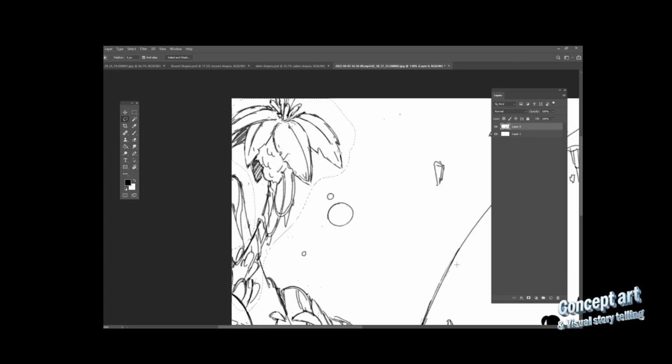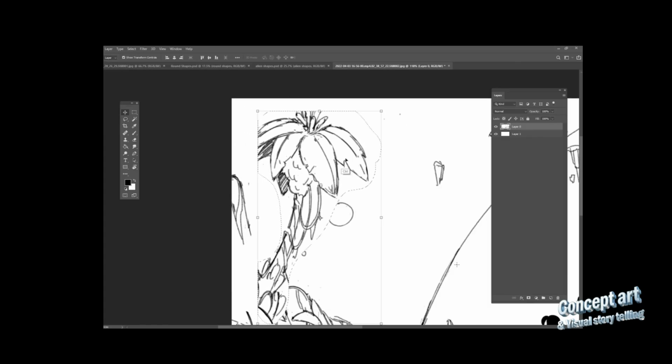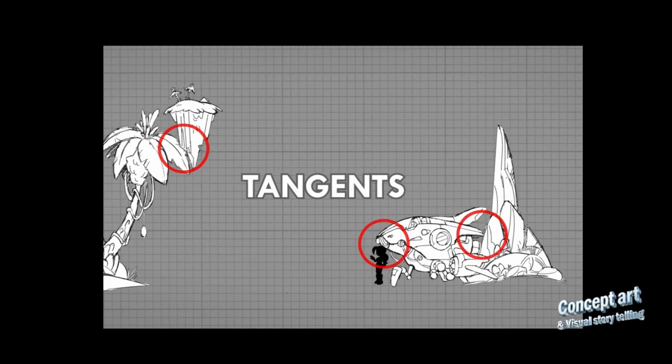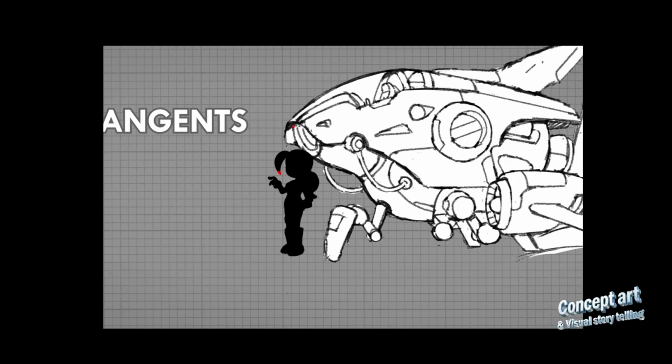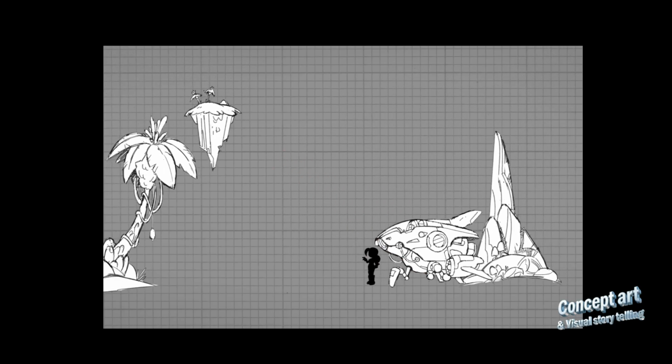And right here I moved this tree because it was getting clipped off the canvas in a weird way, creating a tangent. Tangents are compositional elements that overlap in confusing or unsettling ways. Like when two shapes overlap just barely and create these confusing lines, it's better to have your shapes and character